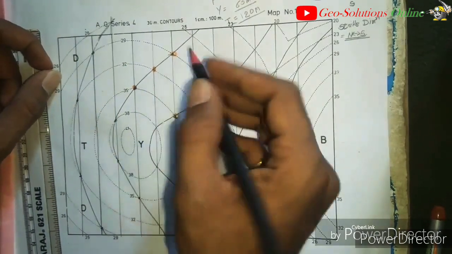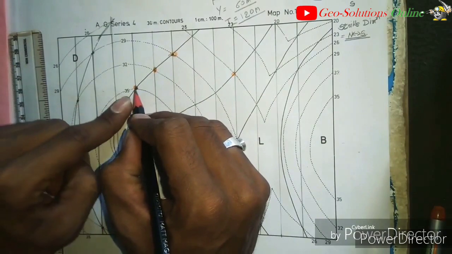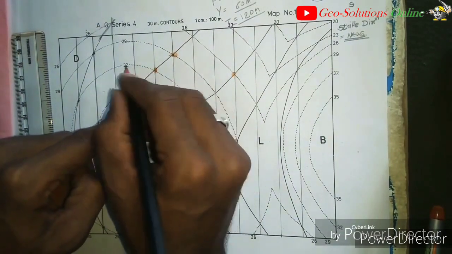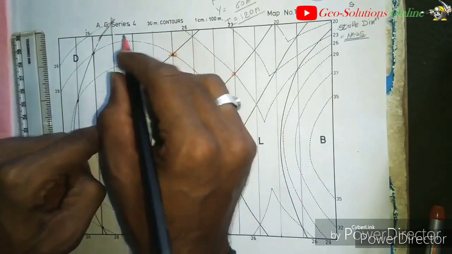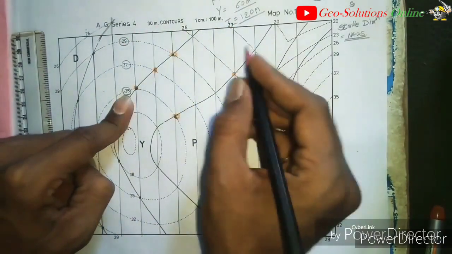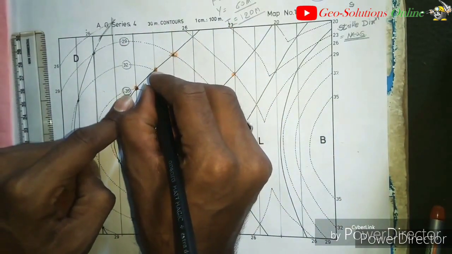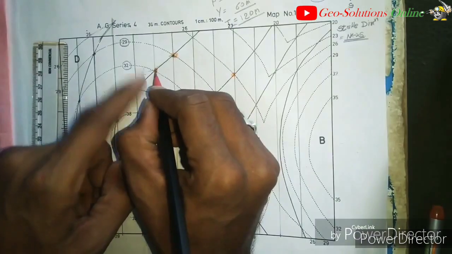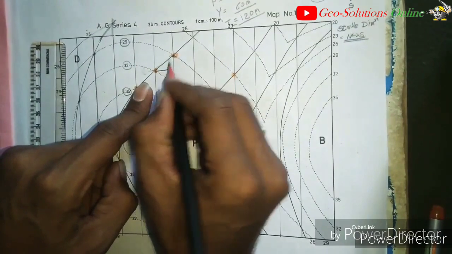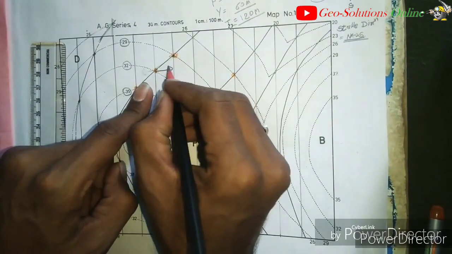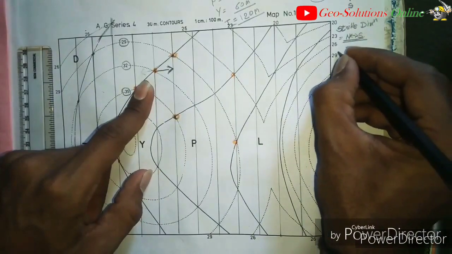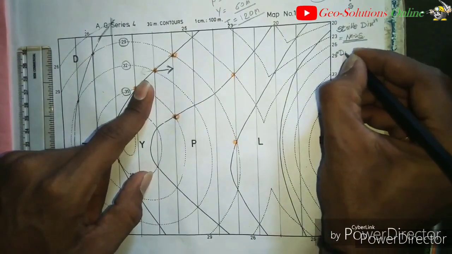This contour has a value of 350 meter, this contour has the value of 320 meter and this contour has the value of 290 meter. So I will consider this middle point of the triple junction. It is running from 320 to 290 meter. That means the dip direction of these beds is towards the east. So I will write it down here, dip.